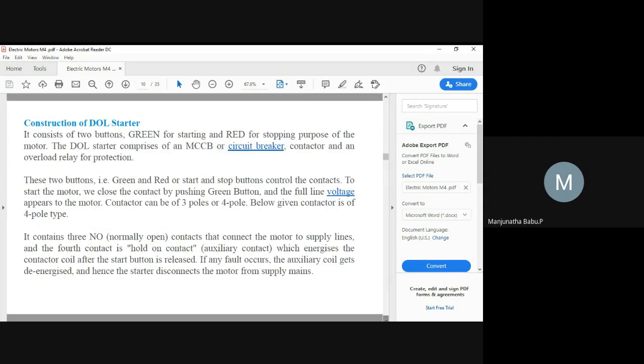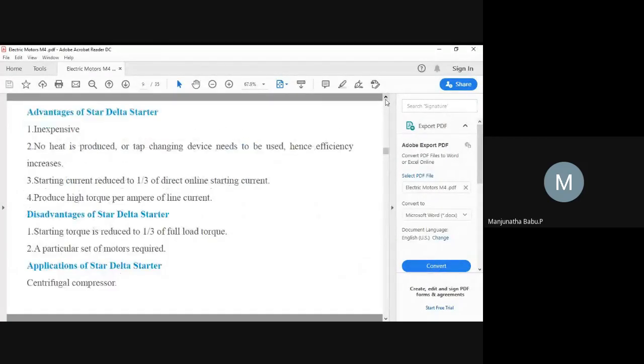So next let us go for the dual starter. That I'll take tomorrow. Any doubts with respect to this? No, sir. Okay, so this is your fourth model. Okay, so directly I'm going for